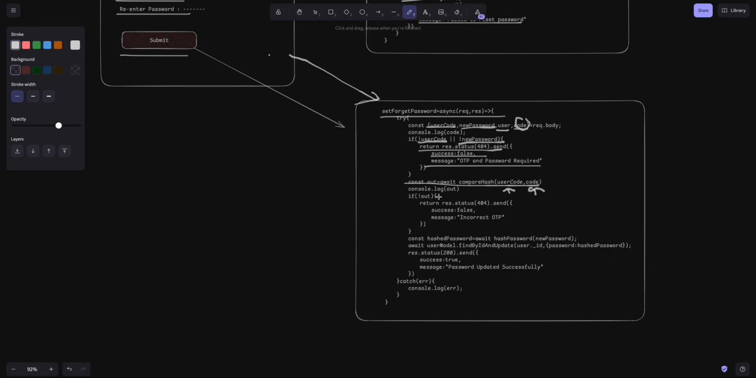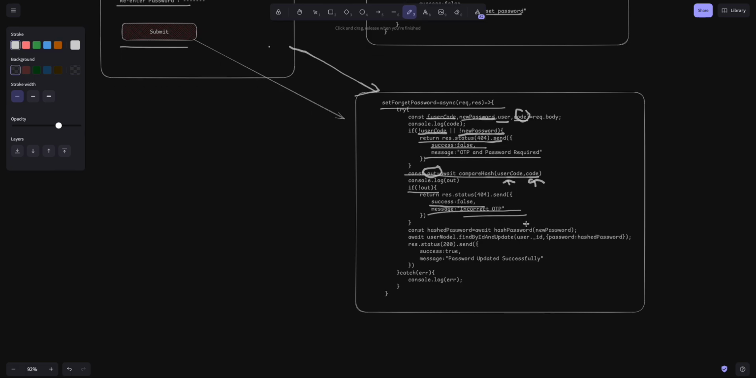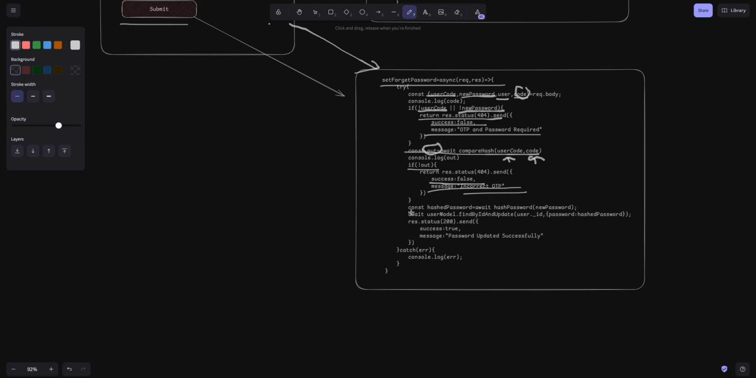Basically, we will get the result here, and we will check whether the result is true or not. If not, we will write success false and the message incorrect OTP. If it returns false, it means they are not equal, and the OTP the user has provided is not equal to the hash password. Therefore, there will be no updating of the password, and we will send an error message to the user. If it's correct, we will